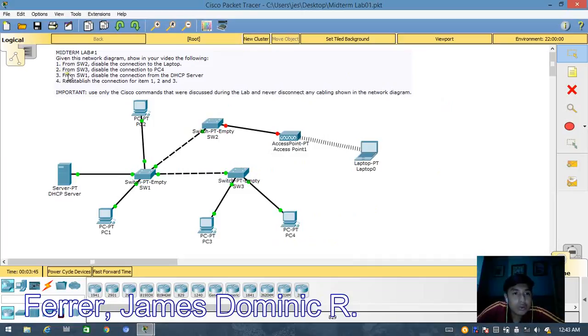Question number 2. From switch 3, disable the connection of PC number 4.